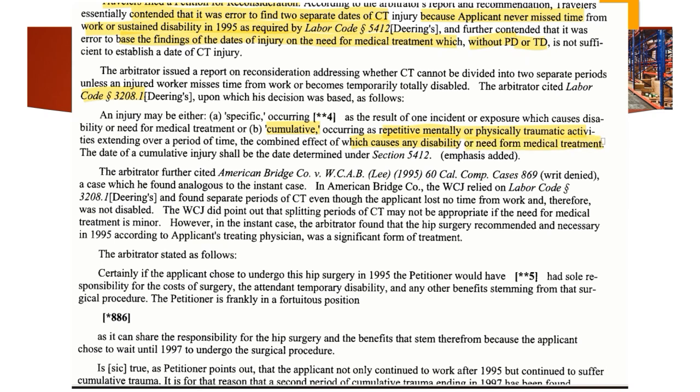So in this case, and this is so fascinating, the arbiter found two separate and distinct recommendations for medical treatment and relied upon those two separate and distinct recommendations as establishing not just one, but two periods of cumulative trauma exposure. And we can do this also as qualified medical evaluators ourselves. We can look to the medical records and scan them for these various recommendations for medical treatment, which may, in certain circumstances, justify separate and distinct cumulative trauma periods.